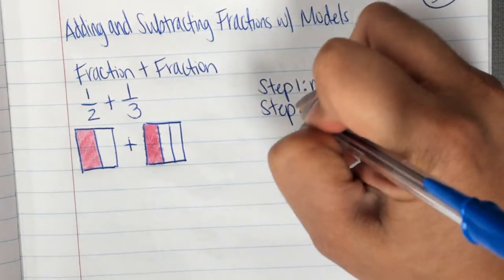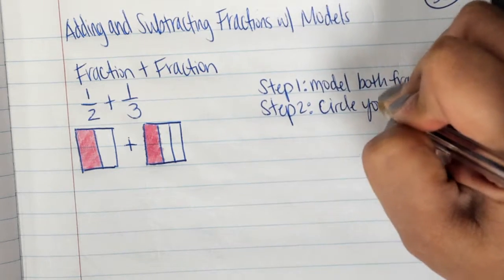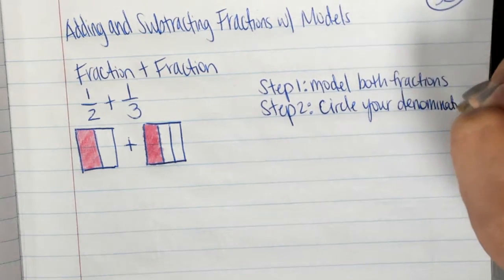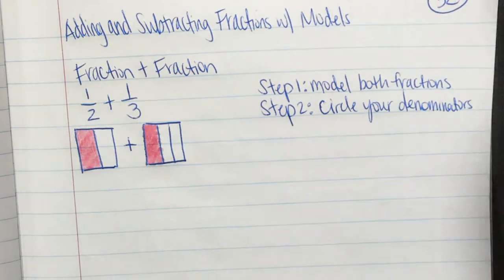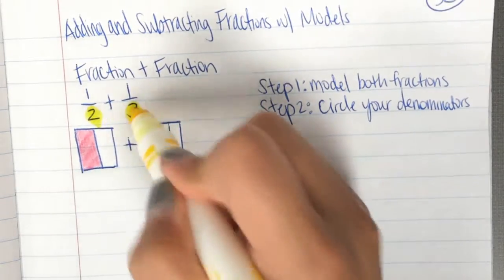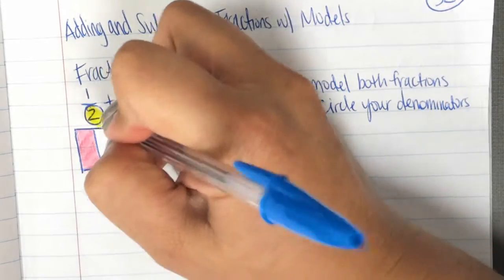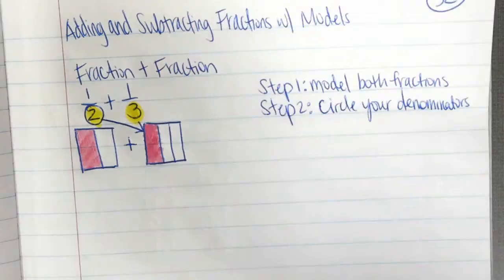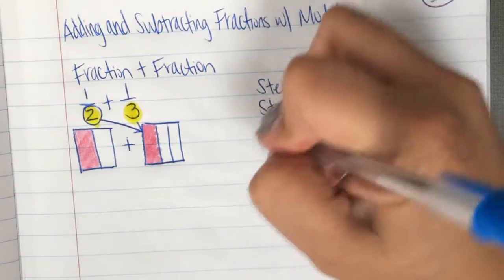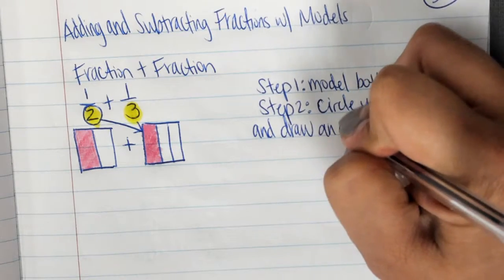Step 2 is going to be to circle your denominators. Our denominators are our bottom numbers. So here's denominator 1, and here's denominator 2. I'm going to circle this one, and I'm going to draw an arrow to the opposite fraction. So circle your denominators and draw an arrow